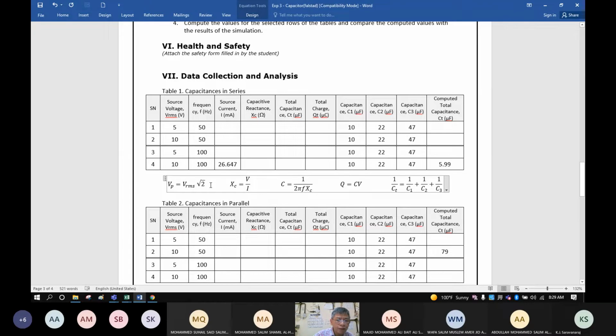So to calculate this, we want to get the value for this. The voltage that we are using is the peak voltage. It is equal to, what is the answer here? Anyone who can give an answer? What is my answer here? Hello, class. Please participate. Calculate VRMS multiplied by square root of 2. What is the answer here?